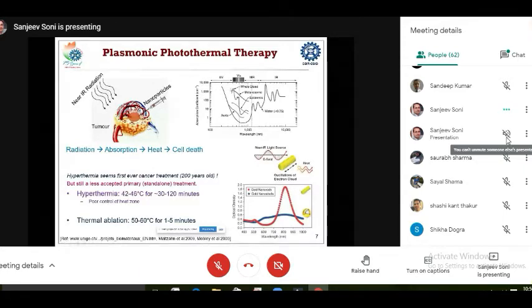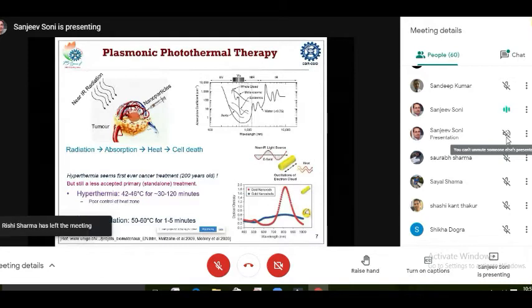And then these nanoparticles should generally have absorption within a certain wavelength band, which is termed the therapeutic window. Generally our body tissues are transparent to certain wavelengths of electromagnetic radiation. In this case, it is from 600 to 1300 nanometers, where the light can have better penetration in the human body. So we use that light for irradiation. These are not ionizing radiations, so they will not affect the healthy cells.